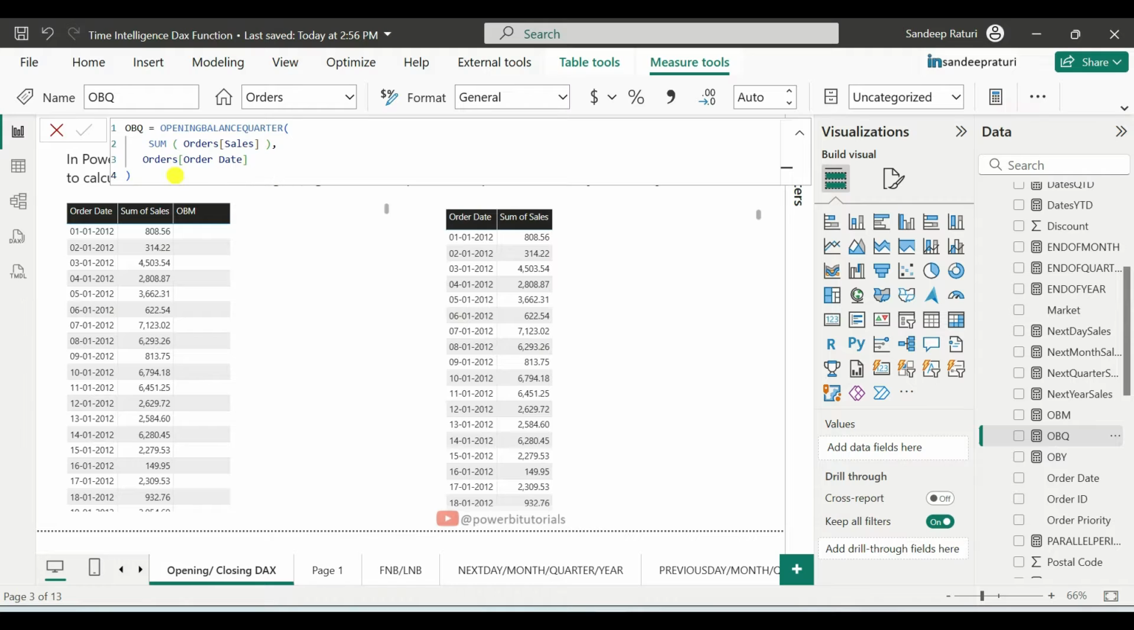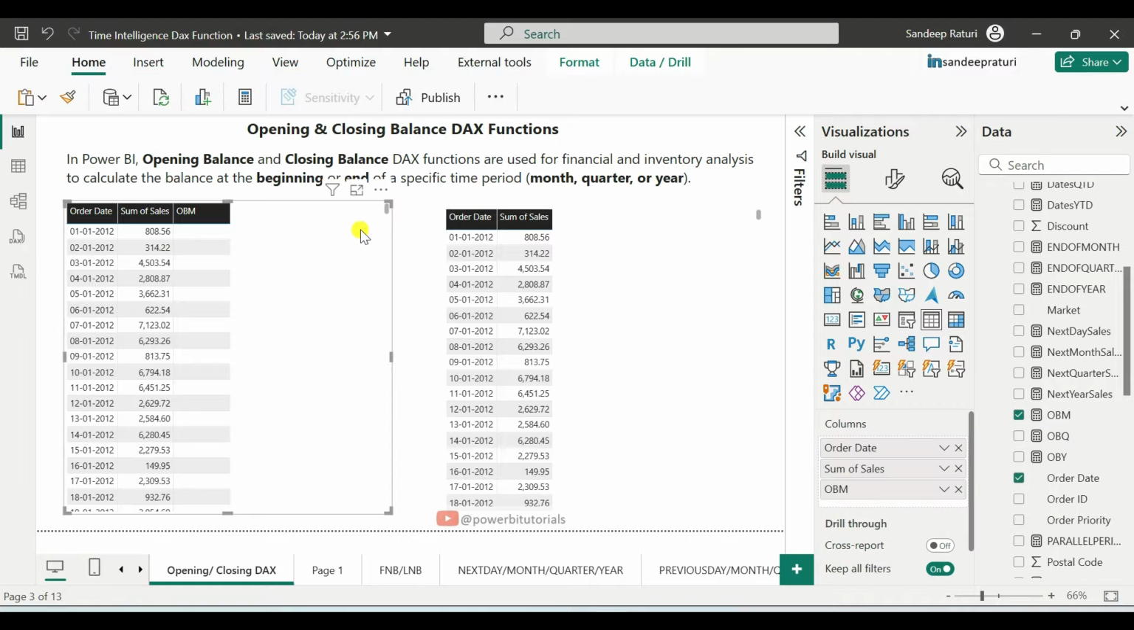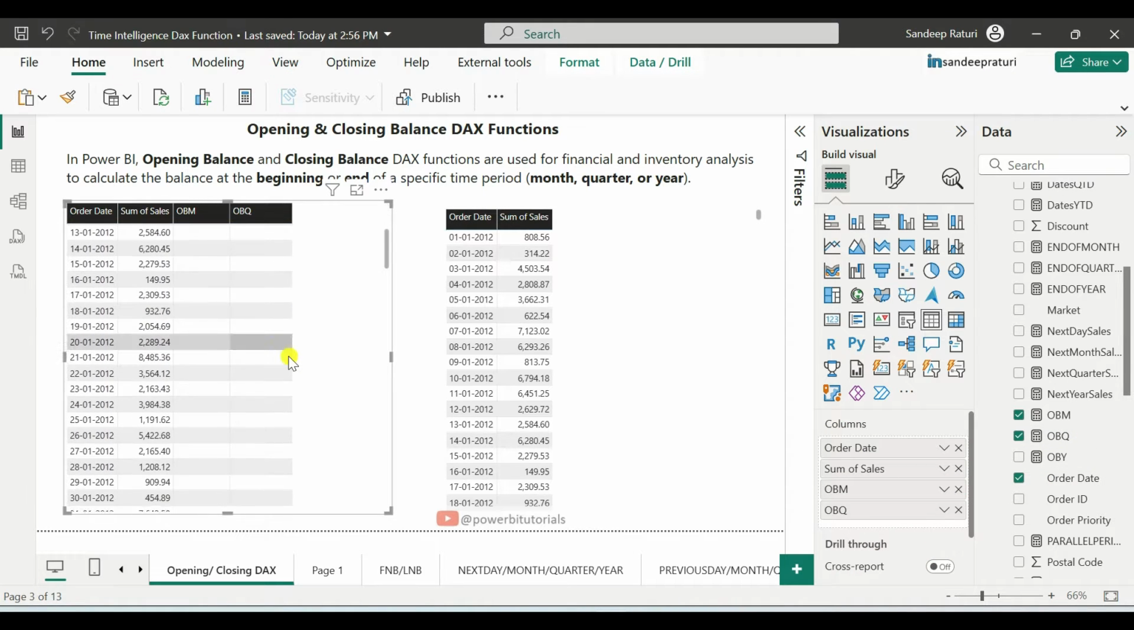Here you can see the DAX code for the opening balance quarter. We only change the DAX measure name, opening balance quarter, and in the first argument we pass the sum of sales. In the second argument we pass the order date column. And now we will use this measure in the table visual, and you can see that this is the result